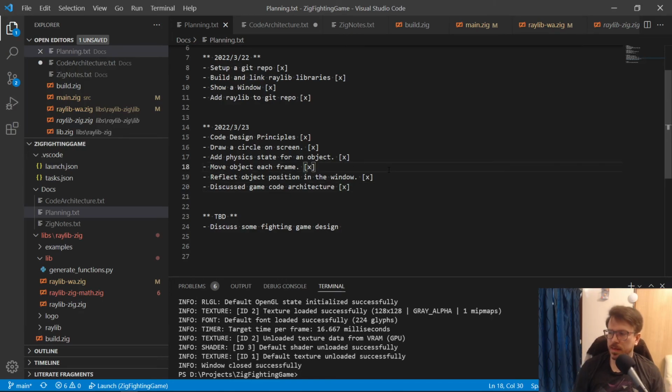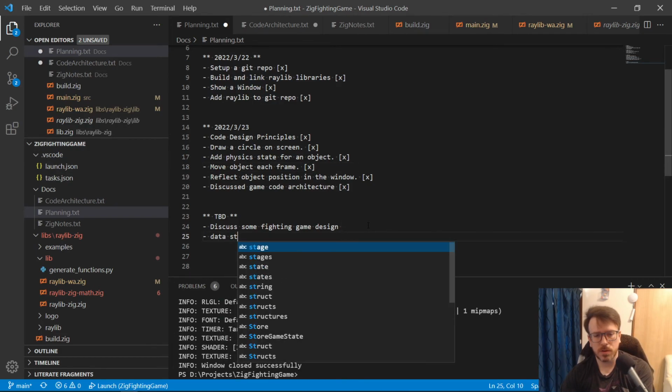So that's it for what I want to talk about for today. Next time, I'm going to get into talking about the actual data structure we're going to use for the game simulation, for characters, for projectiles, things like that. And I might just write that down real quick. Data structure.